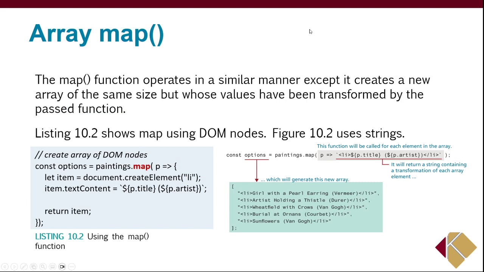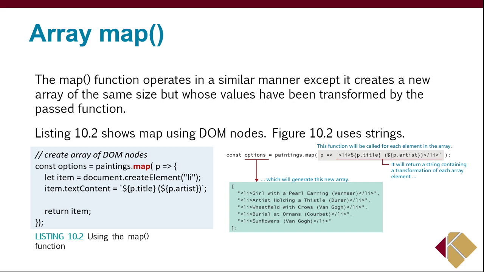Array map. This is a really cool way to take things and transform them, which is what we see here. So what they've done here is it's basically filter plus. So find, filter, map, right? So what they've done here is they have created a constant named options that takes the paintings array and creates a map of it. And the map says, do this thing,